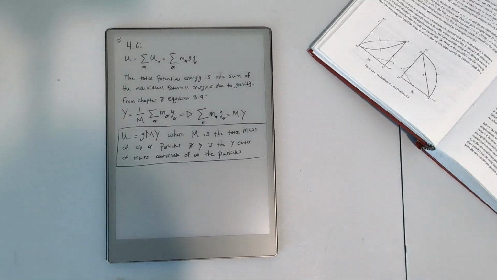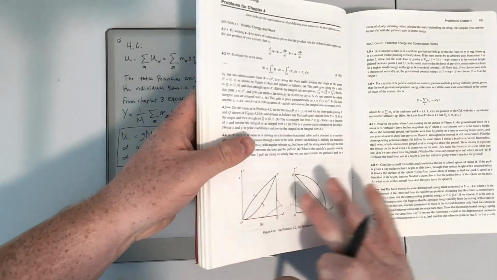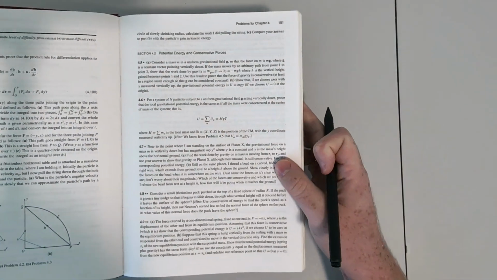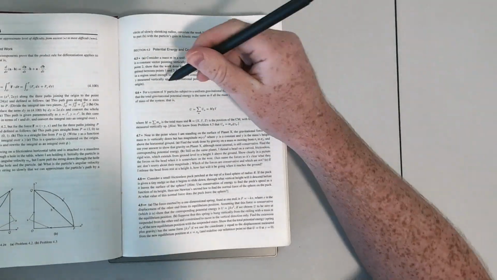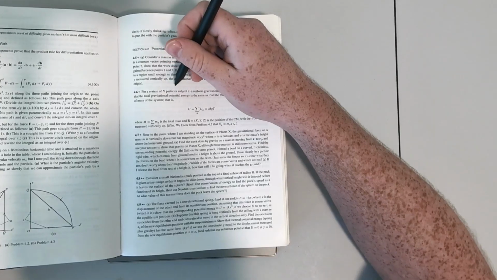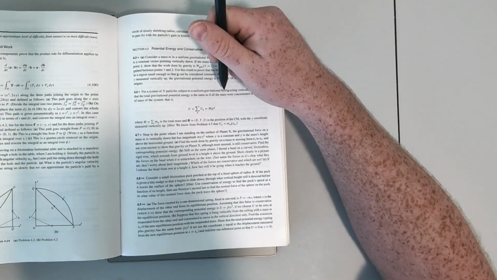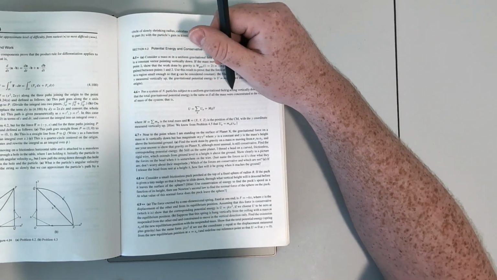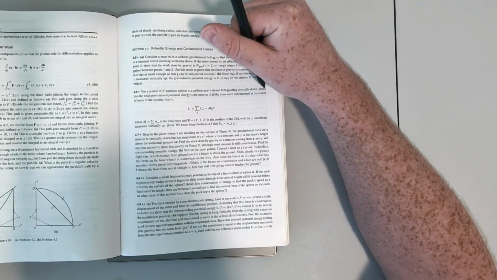This is going to be problem 4.6 from the book. So let's go ahead and read the problem description. It says, for a system of n particles subject to a uniform gravitational field G, acting vertically down, prove that